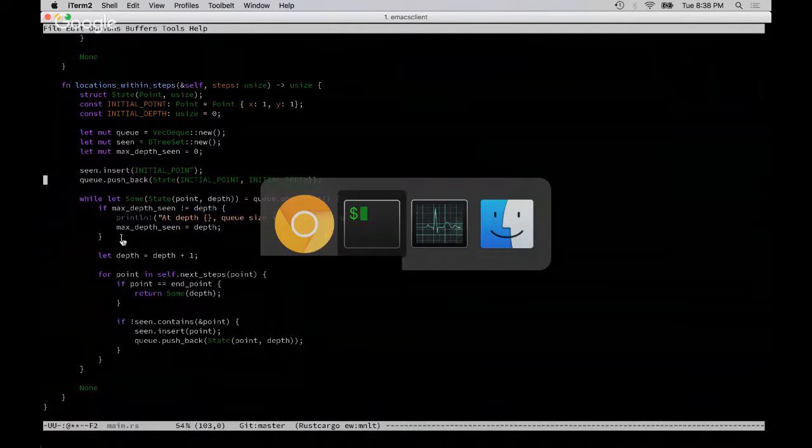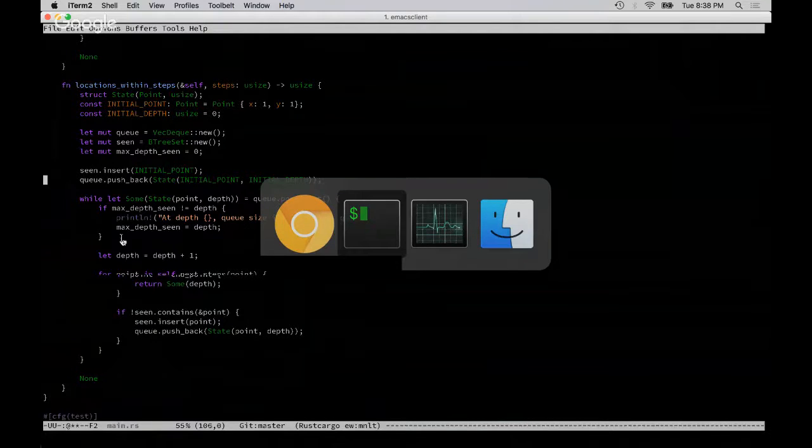So we put our initial point in, we put our initial depth in, and basically we don't need max depth seen anymore. It's when the depth we've just popped off is greater than number of steps. Greater than or equal? I don't think we want equal because,